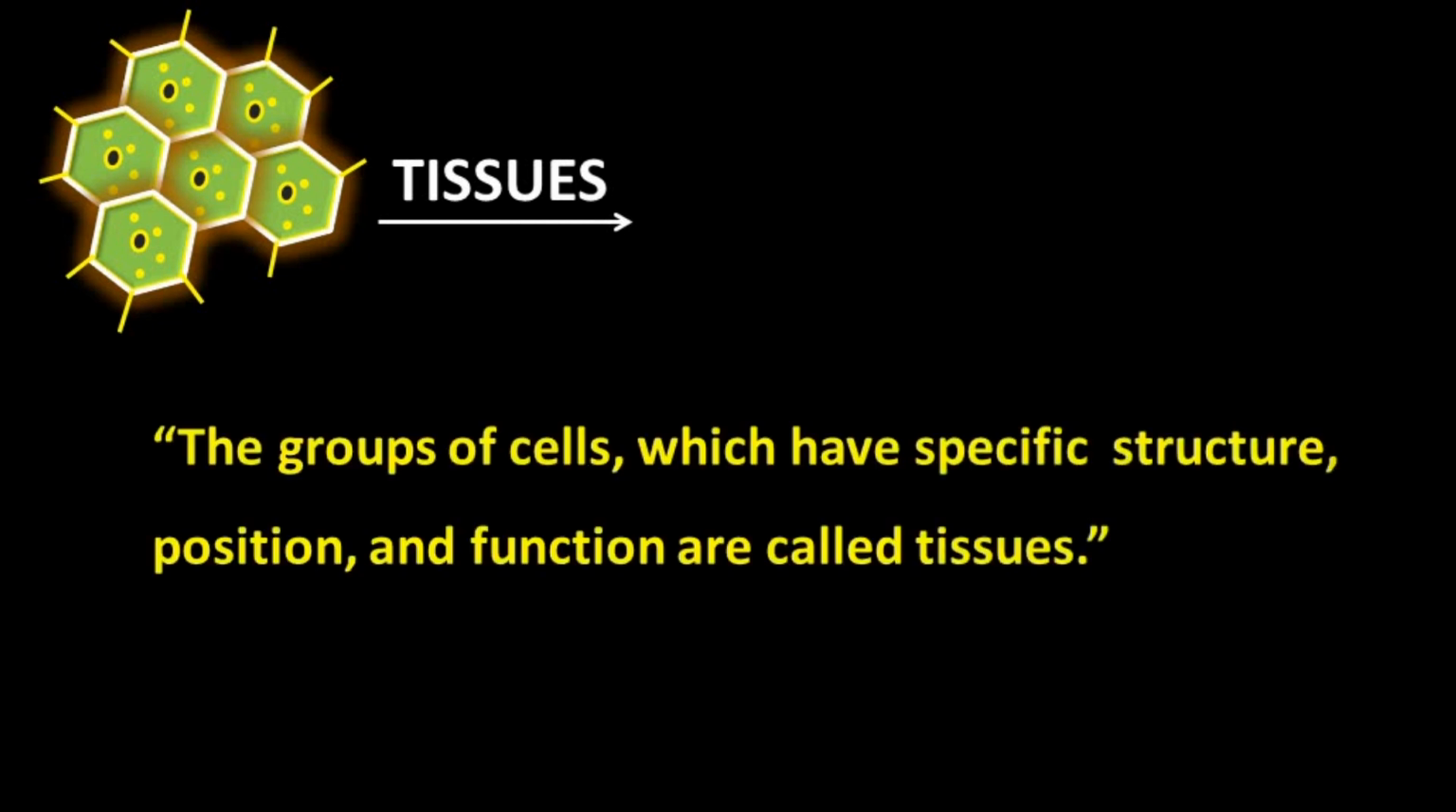टिश्यू, the group of cells which have specific structure, position and function are called as tissue। जिनका स्पेसिफिक स्ट्रक्चर है, पोजीशन है और उनका फंक्शन स्पेसिफिक है। The group of cells which have specific structure, position and function are called as a tissue।